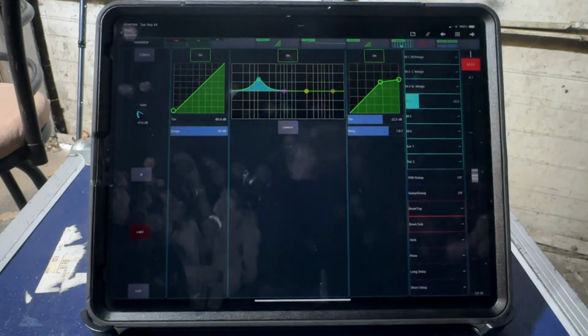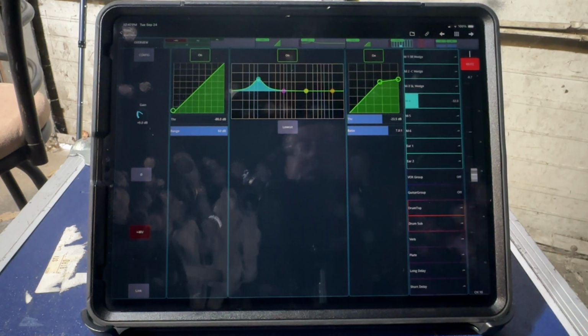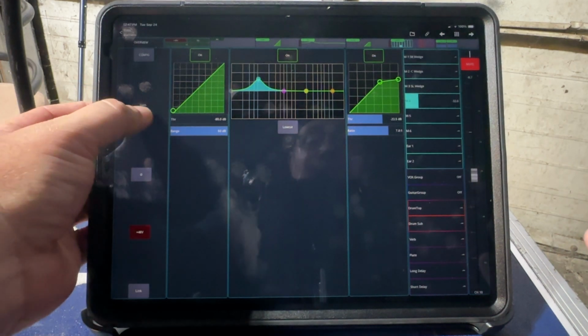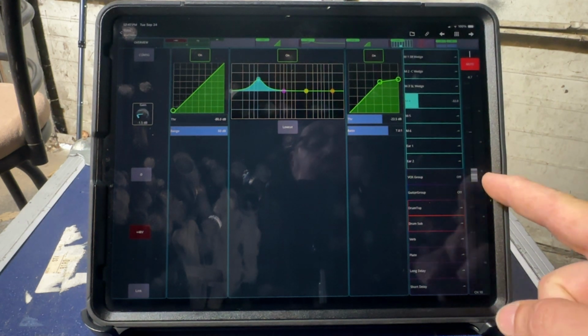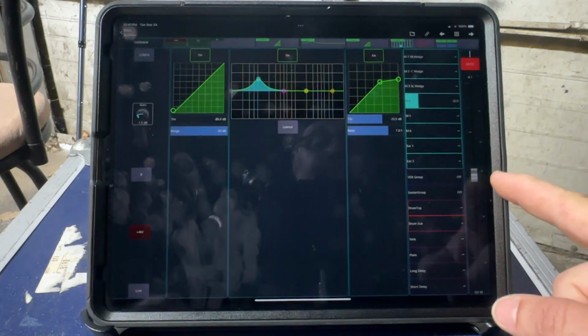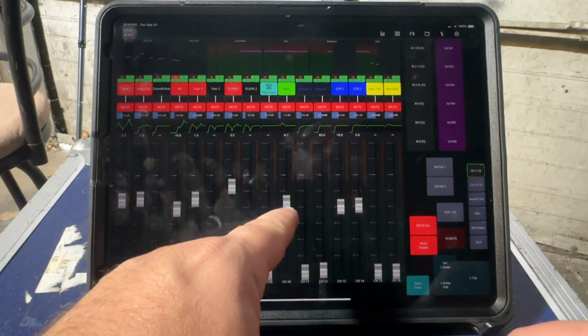Gain structure on bass can be radically different from one bass player to another. I get guys that show up with like Fractal pedals or something like that, and they're direct, or they're just using a J48 or something, a Radial DI with a tuner and maybe a Sans Amp, and they'll come in super hot, and I'm down here somewhere, and the fader is here, the channel. This is the same representation as this, by the way. When you open this up, that's the same thing as what you see when you're looking at the channel view,